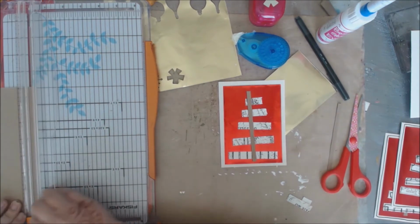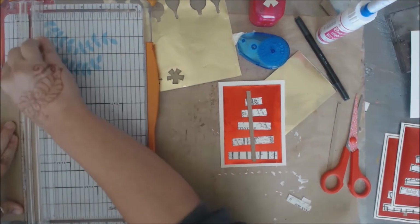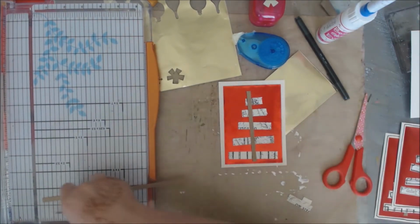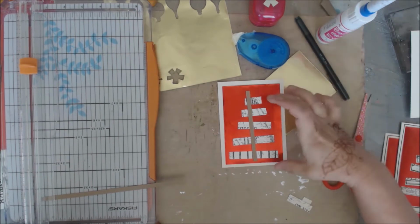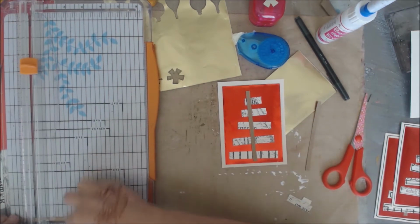So I'm just coming over here. Make sure you line it up just right. It's so thin, so you want to make sure that you're doing it right. And then I measured these guys to be 4.5 inches. The full length of the foil was 5, so if I went to 4.5, it would definitely fit on there. And I need another one anyway, so I'm just going to come in